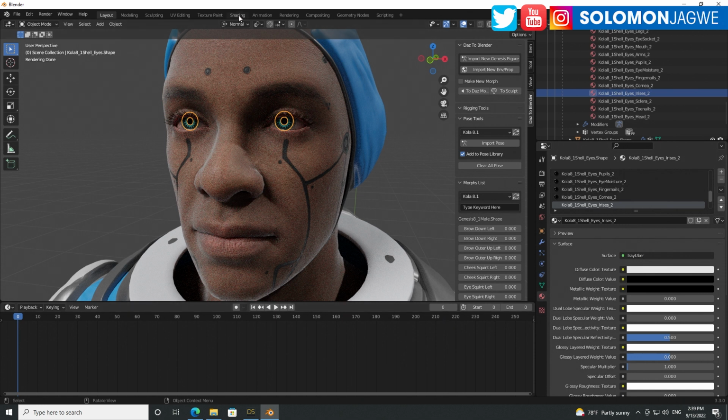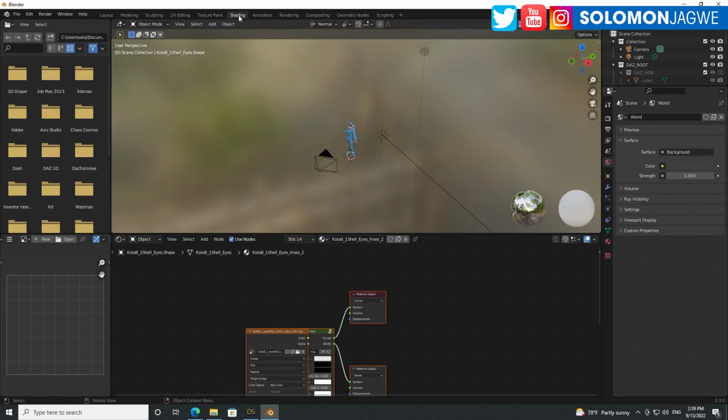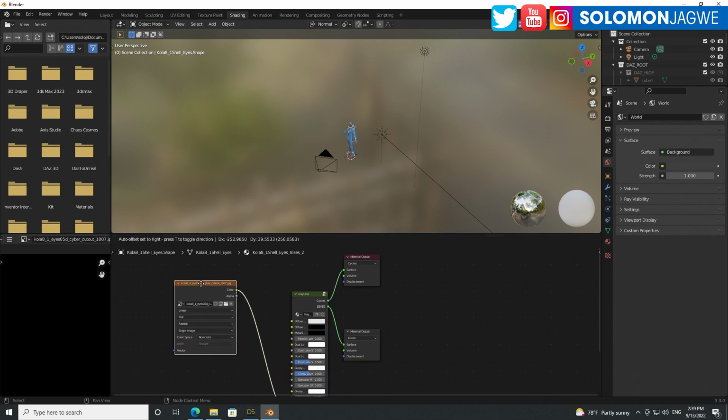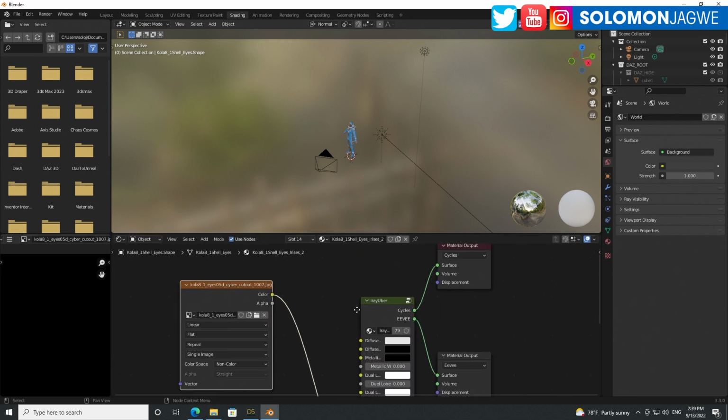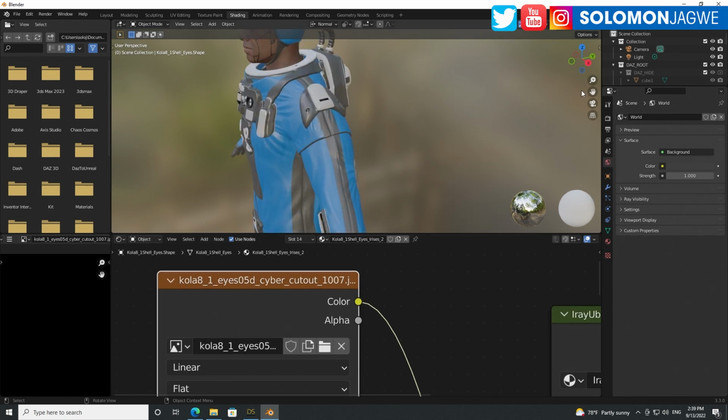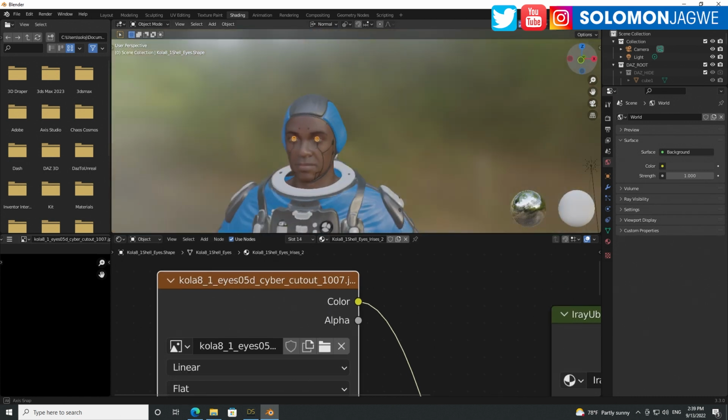So if we go to shading over here, let's give it a second. You can see the nodes for the material that is on there. So this material right here is the one that is cutting out the shader for the eyes.